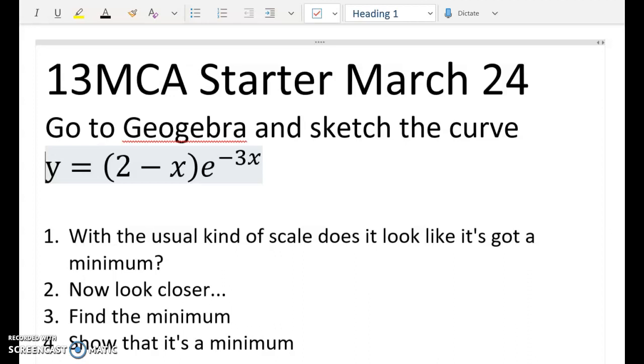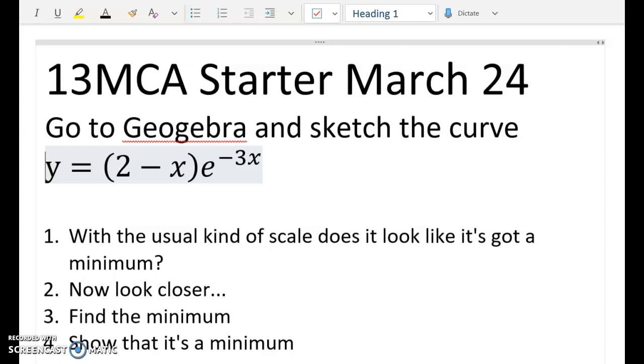Kia ora koutou. This is the first starter question for the COVID-19 lockdown. What I'm going to try and do is video one of these a day, and I think we're going to try it that you do this before you come onto the live stream, and then you can use the video to go through it. I'm picking questions that are also going to be good for people doing level 3 calculus,